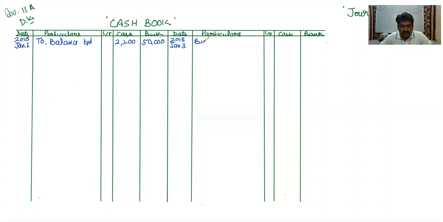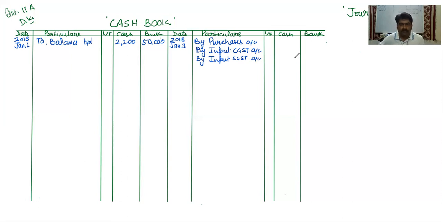So treatment in the credit side will come by purchases account, and by input CGST account, and by input SGST account. Always remember one thing, if your journal entries are perfect, definitely you can do each and every question